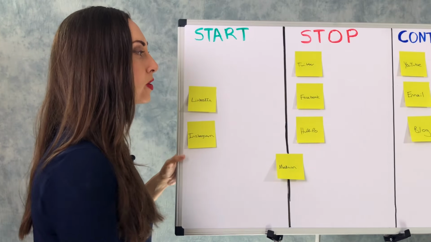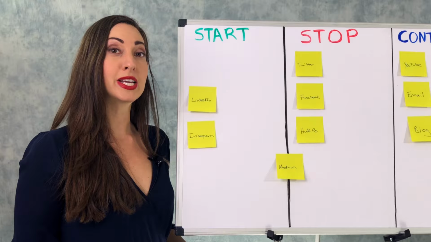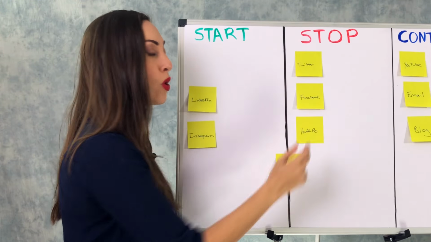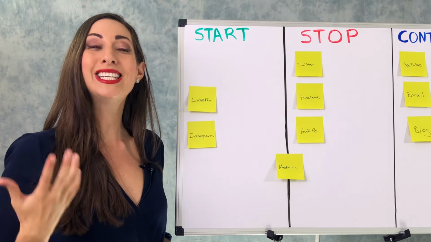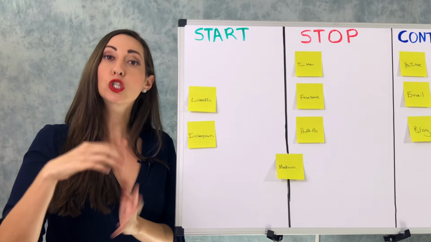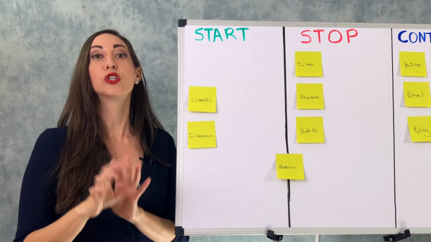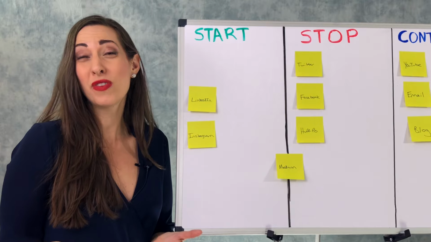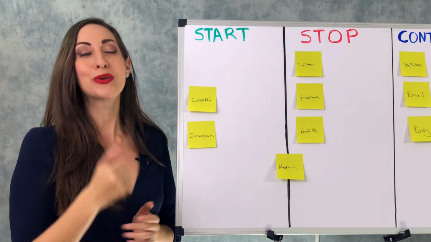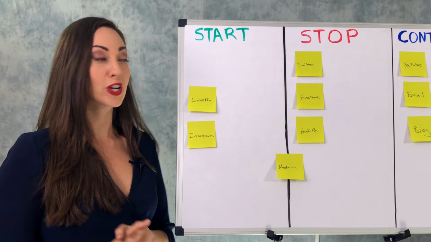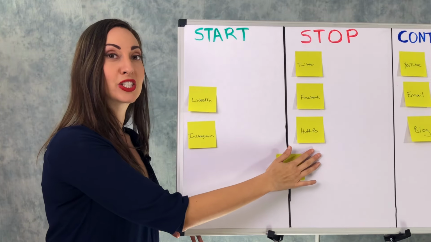The next column you want to start is the stopping. And usually this is pretty easy because you know who wrote what based on the color or who usually does that task. How are they going to slow down or unravel or stop doing that task? Is it as easy as removing it from their task list? Maybe, but it also might require a little bit more extra work. So that goes on someone's specific to-do list.